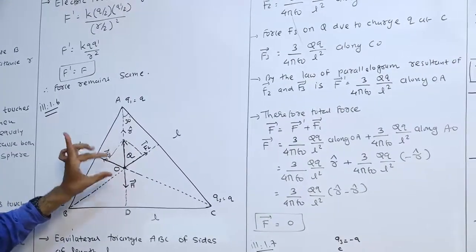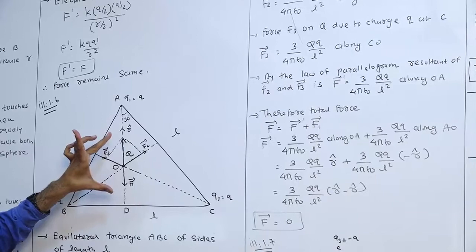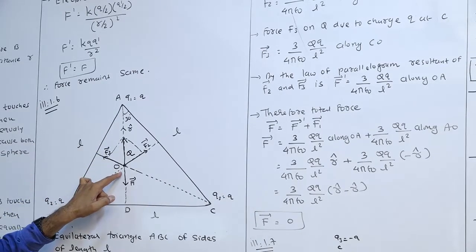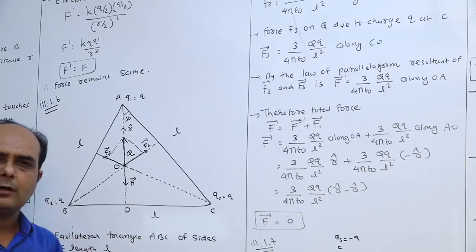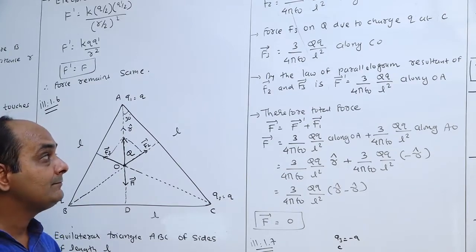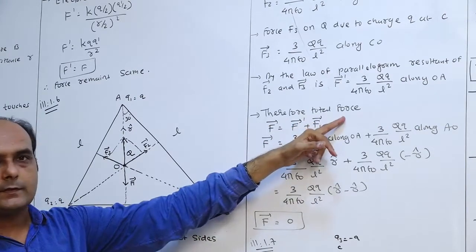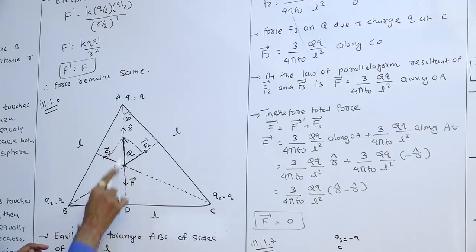Opposite direction. Their effect is nullified. Therefore, the resultant force acting at point A is 0. Now, please explain it mathematically. Therefore, the total force acting at Q, F dash plus F1,